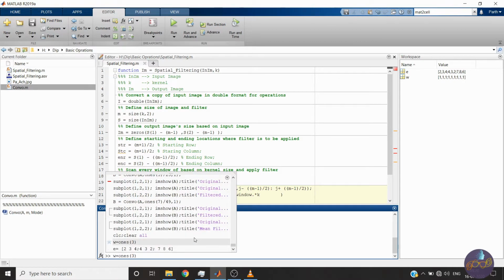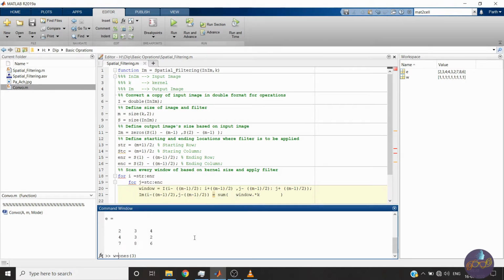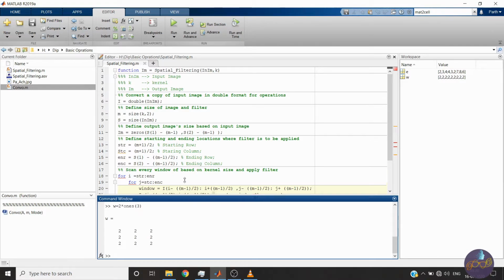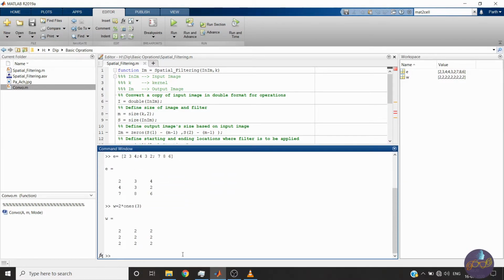Let me change W. So this is our E and this is our W. If we write E into W, then this will be the output, which is not okay. It is multiplying some other way. But if we use dot star, then this is the desired one.